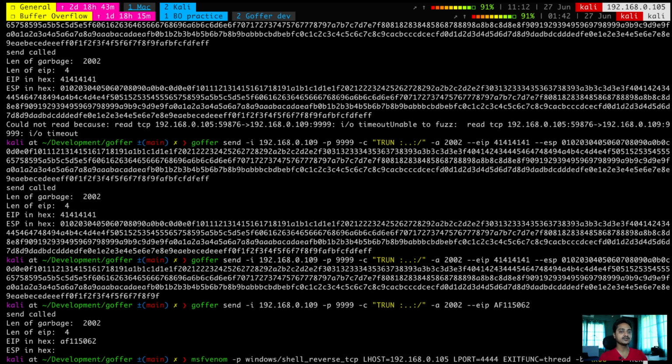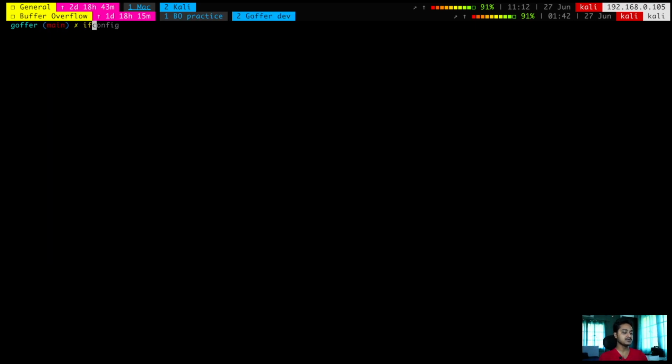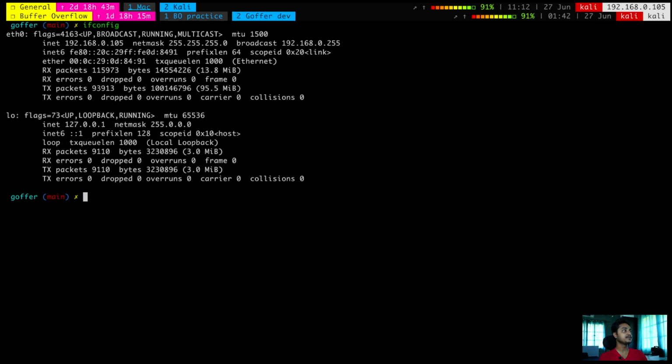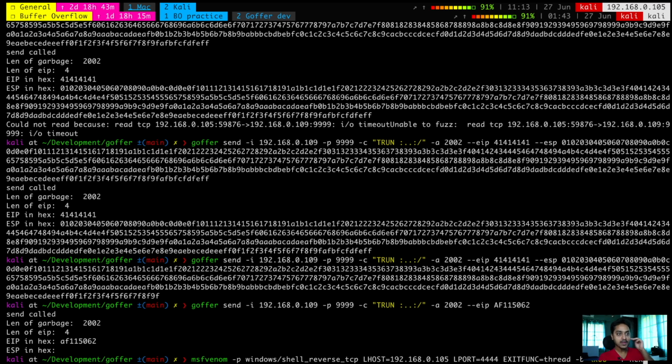This is the command that you will pass. Let me explain this command. I'm telling MSFvenom to create a payload. P is for payload of type reverse shell TCP. LHOST is the host of your target machine, which in this case is the Kali machine, let me confirm the IP once. It is 105. That's good. And then you'll pass the port on which the listener is running, our netcat listener, that is 44. EXITFUNC is the way that you want to stabilize the code once it has exited.